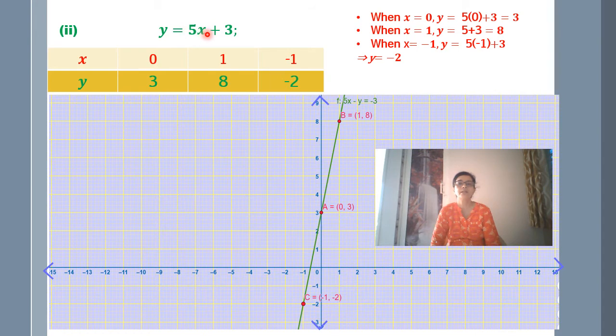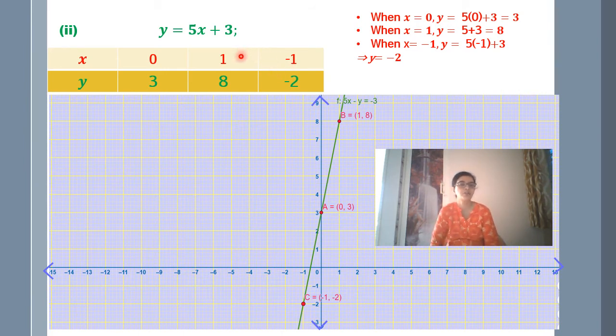You can do certain calculations orally, and when you find whichever calculation is working, you then put it on the table. So here 0 is working definitely. When I am taking x is equal to 0, I get 5 into 0 plus 3, and that's why I am getting the value of y equal to 3. So the first column x is equal to 0 is working, and it's working very fast. But I will not use y is equal to 0. Instead, I have used x is equal to 1.